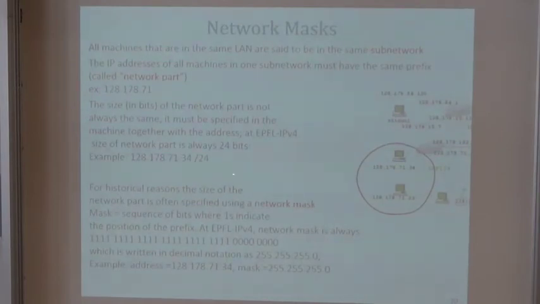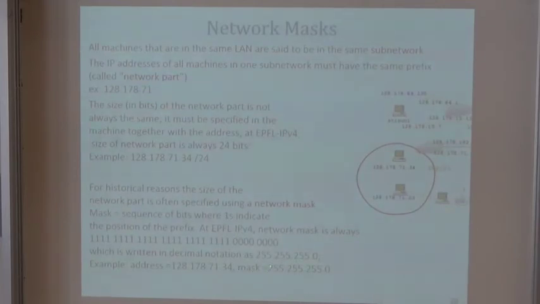The subnet mask at EPFL is very nice. It's 24 bits. Why is 24 nice? It's 3 times 8, so we just cut it in 3 triplets, because it matches nicely the decimal representation. It's a multiple of 8. Right? At ETH, it is 26, which is not a multiple of 8. So whenever the mask is not a multiple of 8, you need to use your binary calculator to transform the decimal sequence into a sequence of bits and apply the mask.